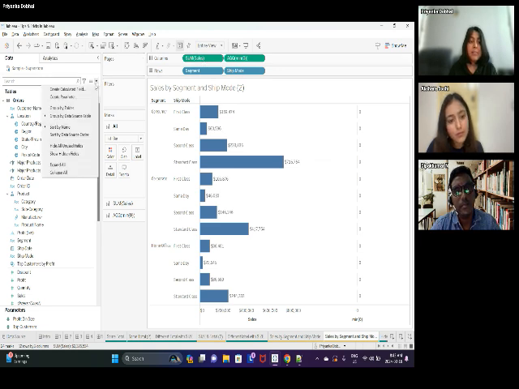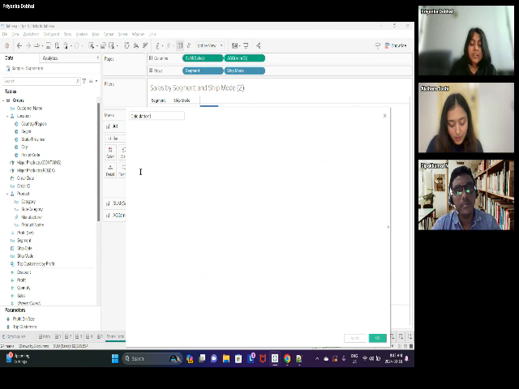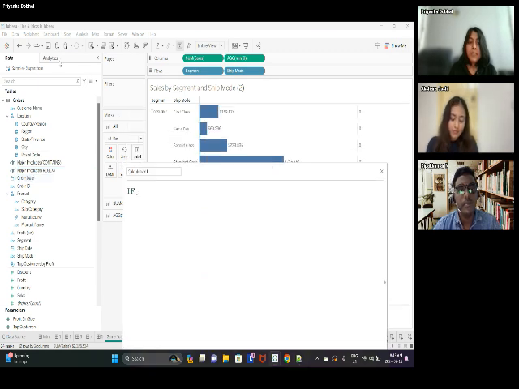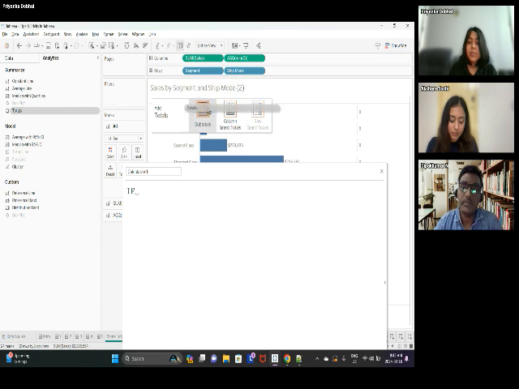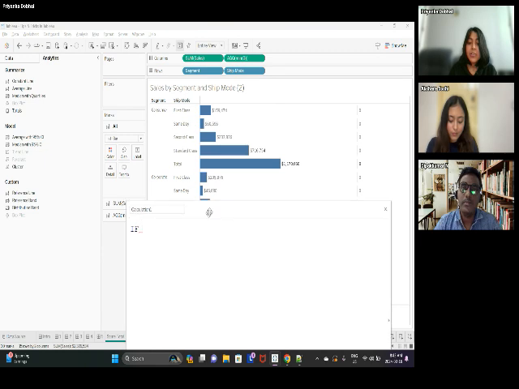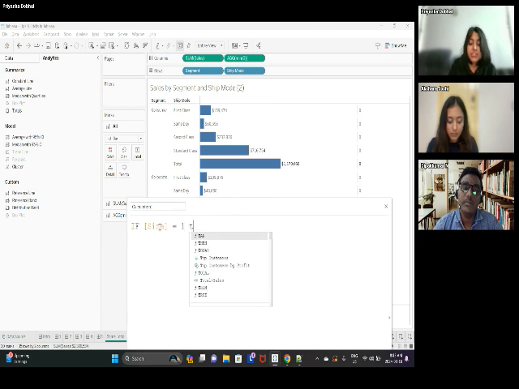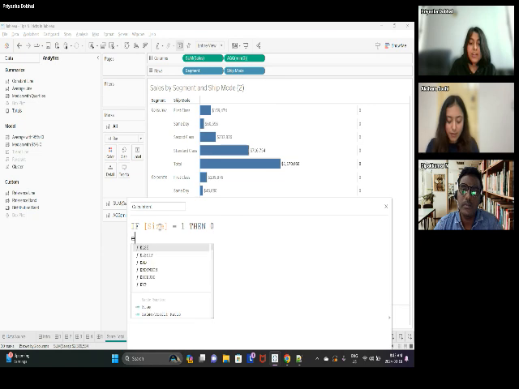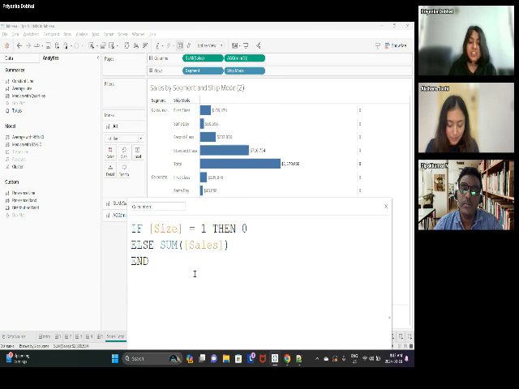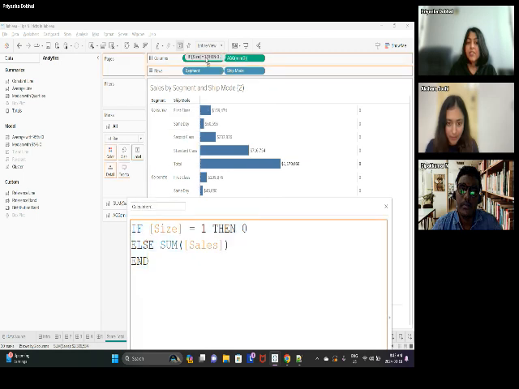But before that, let me create a calculation for my sales. Again, the same thing. Firstly, let me bring the subtotal on the screen, and I don't need to show my totals. So I will say if my size function, again same thing, is equal to 1, then I would say it's 0, else it's sum of sales, and end. So same function that we just did, we're basically just hiding the total because we just want to show the label. That's it.